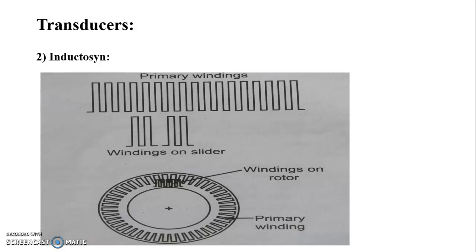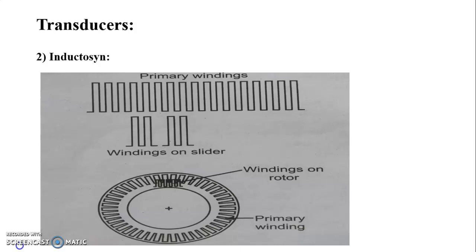There are two forms of inductosyn. The rotary form is used in precision servo systems on machine tools and other equipment as a primary signal generator for shaft digitizers. The linear form provides a means for accurate control of elements moving in translation and is widely used in automatic machine tool controls. So this is the information about the second transducer.